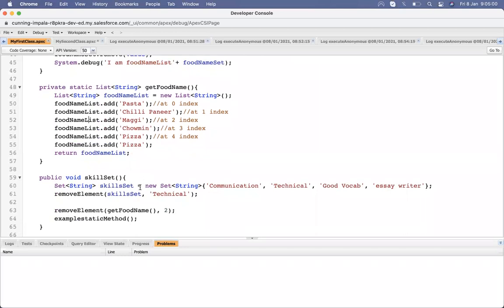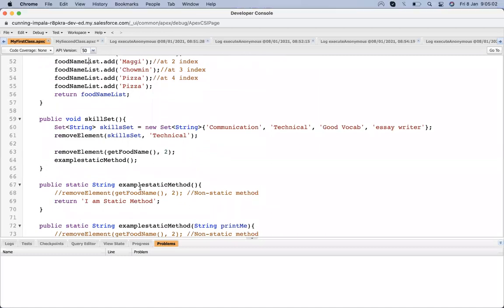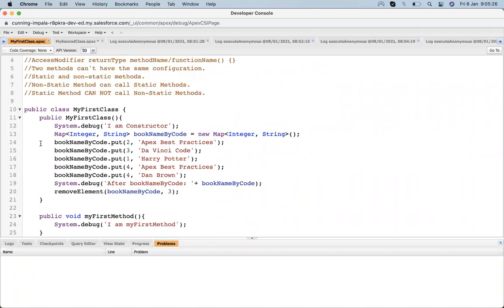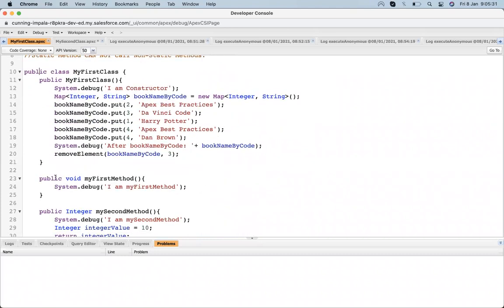I cannot demonstrate how to use global methods, because global is about another level, the package level. When we are designing the package, at that time we think about how we use global methods. But the concept is that whenever you have to access something outside the package, you declare a class as global, because we can't declare a method as global unless the class is global. So we first declare the class as a global class, then we can declare a method as a global method, or a variable as a global variable. So that's the thing we can do.